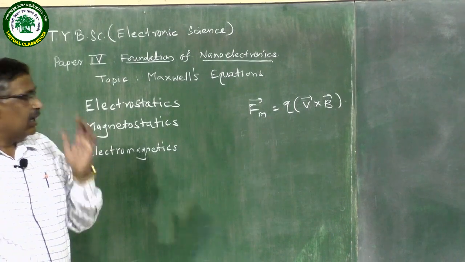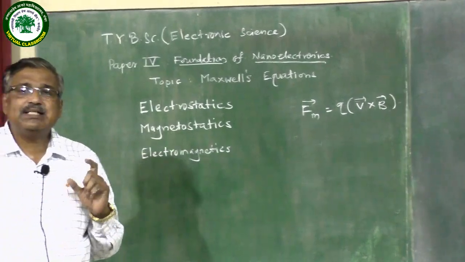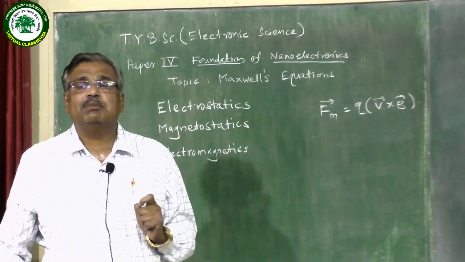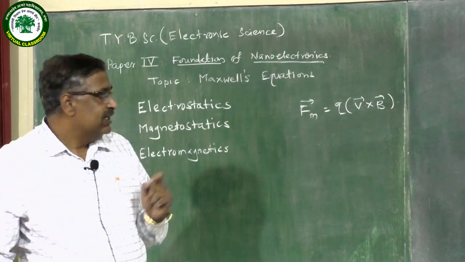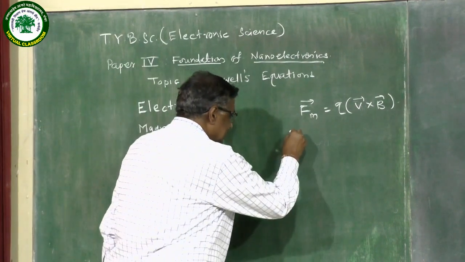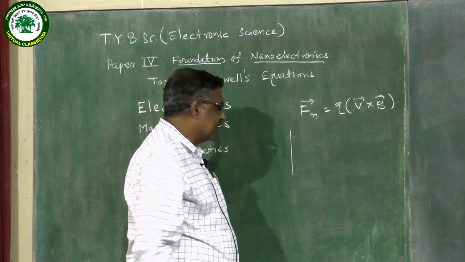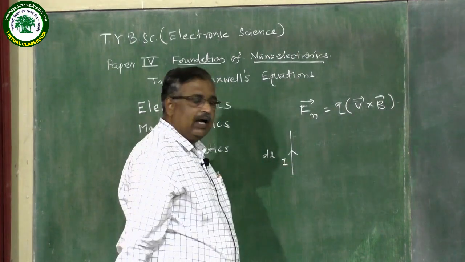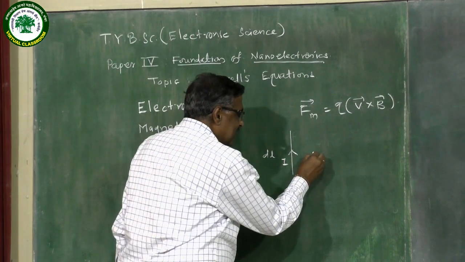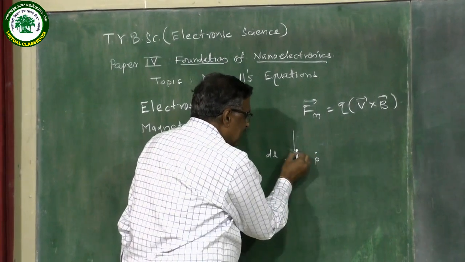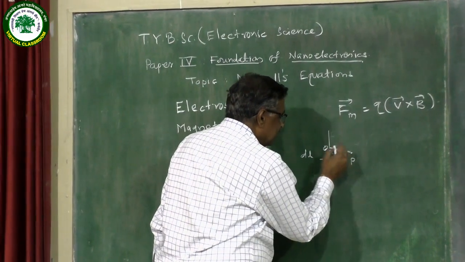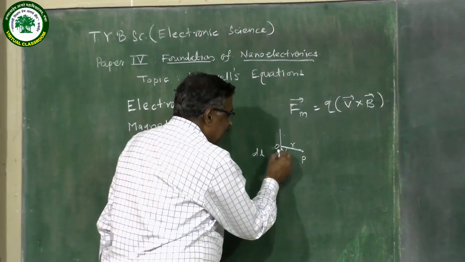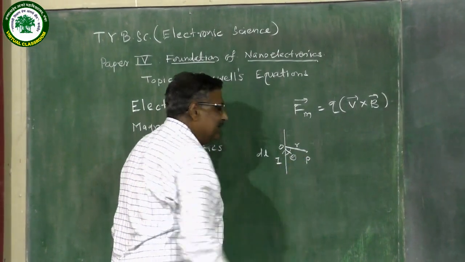Now along with this, there are certain basic laws in magnetostatic theory. The important first fundamental law is known as the Biot-Savart law. It is stated as follows: let us consider a current element of length dl through which current I is flowing. If you consider any point P outside this current element, located at a distance r from the midpoint of the current element, and the angle made by OP with the current element is defined by theta.